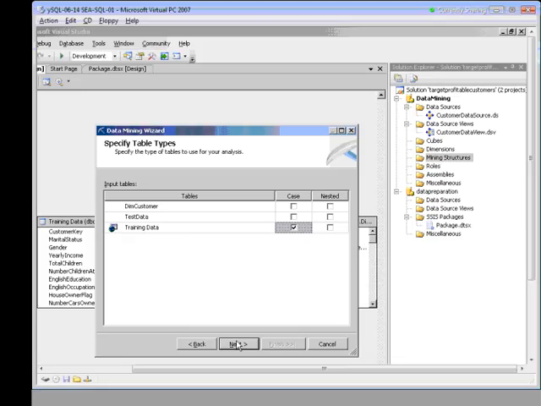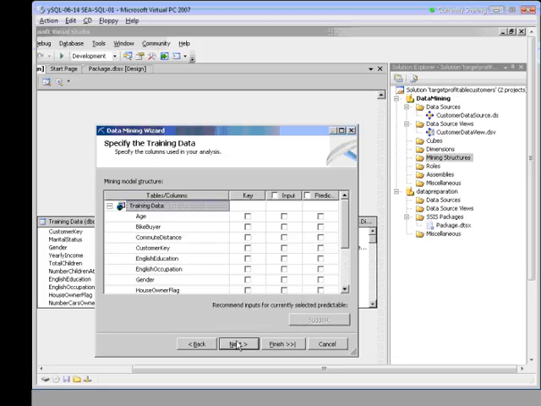The next thing we need to do is select our inputs. These inputs will dictate what we want to predict or analyze. We want to predict whether the customer is a bike buyer or not. All the other columns will be used as input. Since the bike buyer is predicted, we do not want to use it for input. All right, so let's walk through this. For bike buyer, we want to do predicted, okay? And then we want to select input for all the other fields but bike buyer. Okay, so I want to make sure I clear that input box.